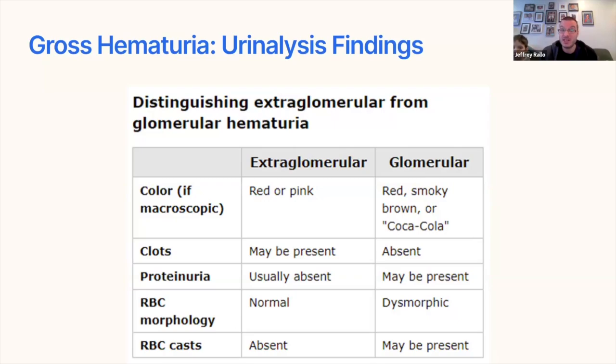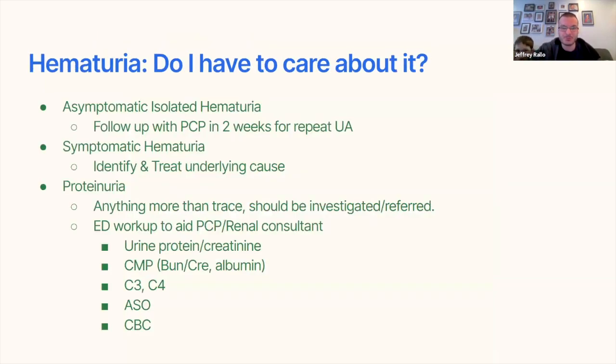Glomerular will have protein leaking, so you have proteinuria. It's almost always present. But if you have a stone or some sort of bladder issue, you can have protein. If you have protein, it's usually a significantly lesser amount, like a trace or a 1+. You're not going to have like 3 or 4+. And then you'll have casts on the glomerular side and not on the extraglomerular side. I always pull it up, but it's basically take-home points.